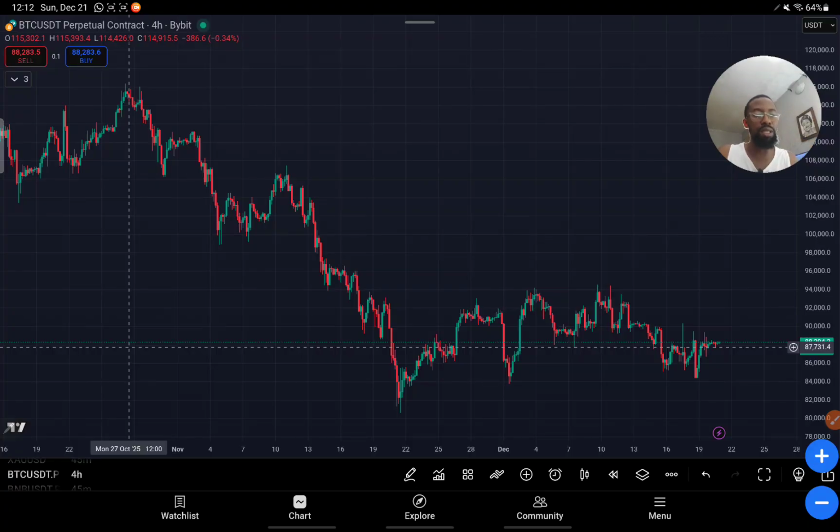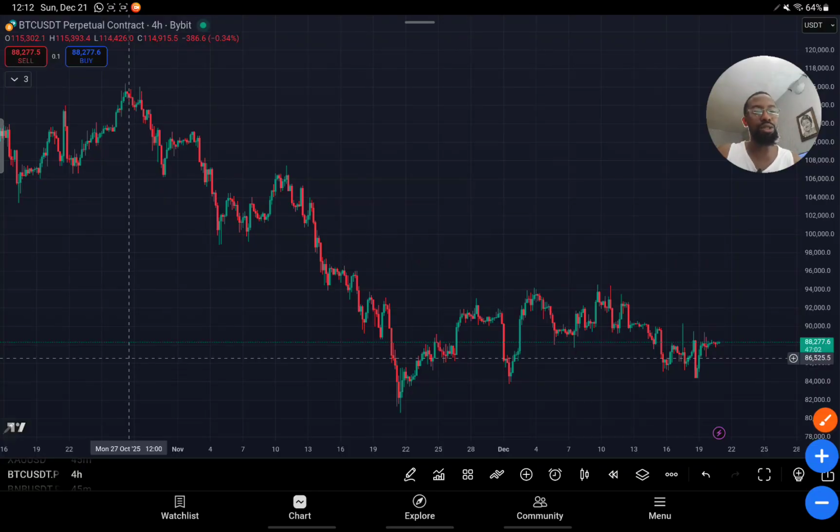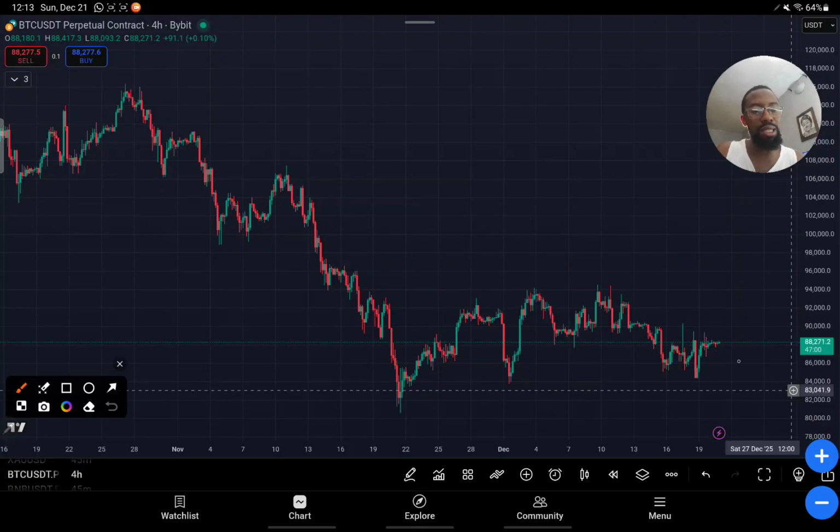Once you take your TP, just wait for the market to do what? The market can decide to reach here and then stop here and then start going up. Sure, you understand? But if you enter a trade and then you see that the trade did this, you have taken profit here, just wait for it to break structure. If the market breaks structure, it will definitely come back to that zone where it broke that structure and continue the down movement.